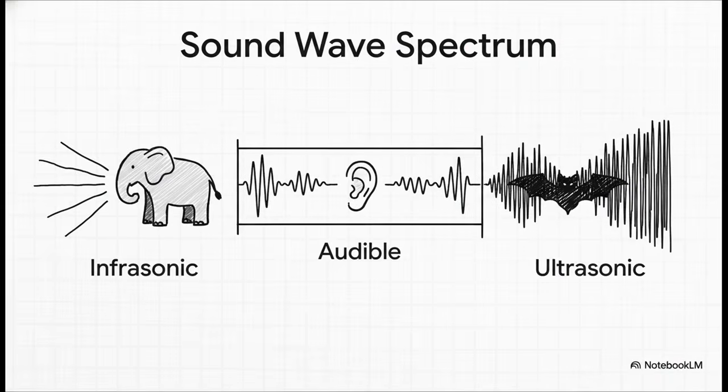And these pressure waves come at a huge range of frequencies. What's amazing is that we humans can only hear a tiny little slice of the full spectrum. Anything below our hearing range is called infrasound, and anything above it is ultrasound. There's this whole invisible world of sound going on around us.